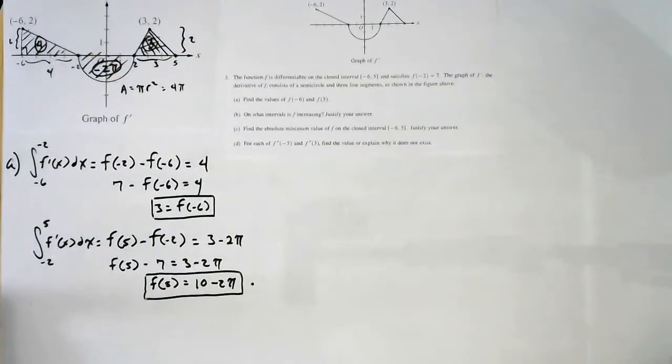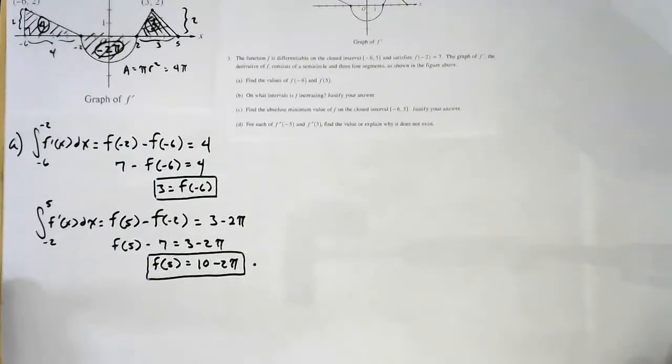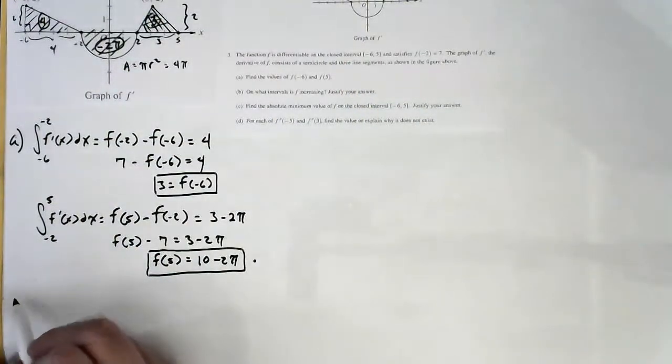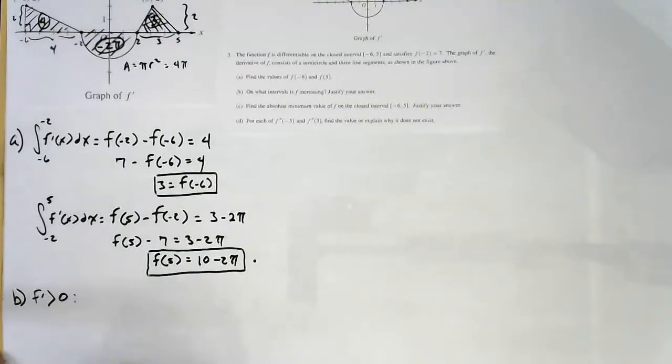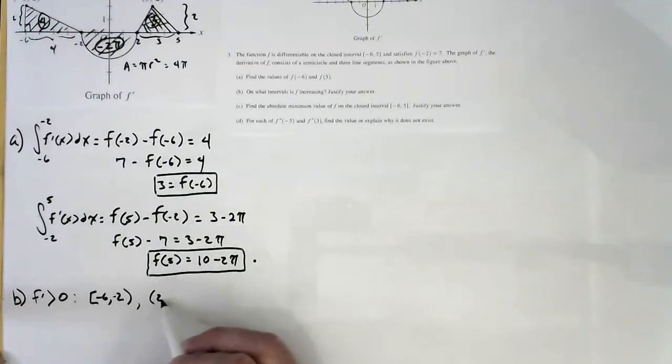I'm going to scoot this up just a little bit, make sure we don't run out of room, and we'll look at the enlarged picture we have right here. If we look clearly, it looks like from -6 to -2, we're above the x-axis. So for part B, I'm going to say the first derivative is positive over these intervals. From -6 all the way to -2, we are positive. Then we're below the x-axis, and then we return to being above the x-axis from 2 all the way to 5. So there are the intervals where the derivative is positive, but the question wants to know when the original function